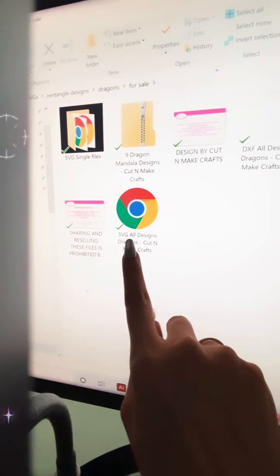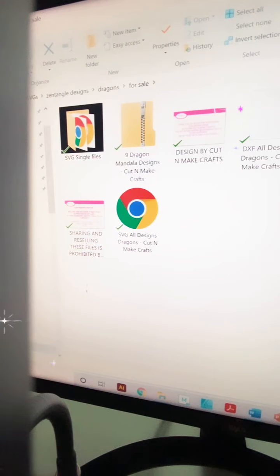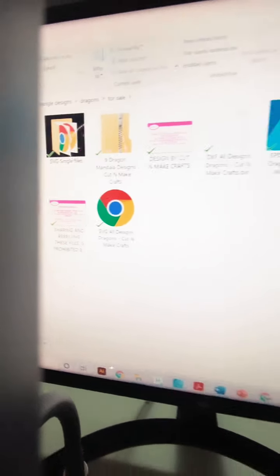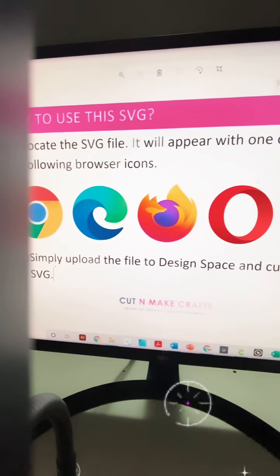So this is the SVG, and just at the beginning I write SVG so people can see it, even if it's in a different sort of view. Like for example, if it's a list view, people can see it. Like over here, you can see the first letters are DXF and SVG and EPS. So when I include all these details, it makes it easier to understand what kind of files they're supposed to work with and what kind of file they're supposed to upload. And when they don't find the PNG file, they're obviously gonna go for the SVG file,